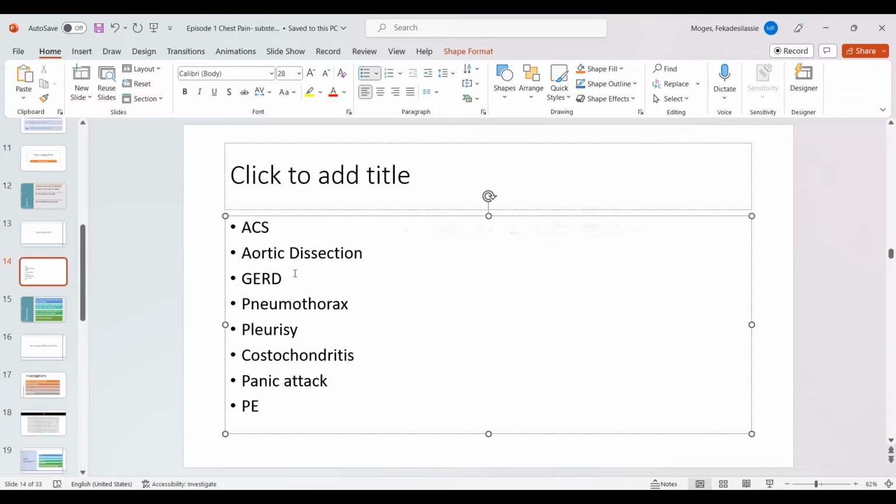Aortic dissection. Remove? Why remove? Do you agree, guys? Do you want to remove it? Somebody who wants to say no, don't keep it... Keep it. We'll keep it, because the patient has the risk factors, right? Hypertensive, no. Smoker, no. Excellent. So smoker, hypertensive patient, male patient, the characteristic of the pain behind the sternum, we have to keep it.